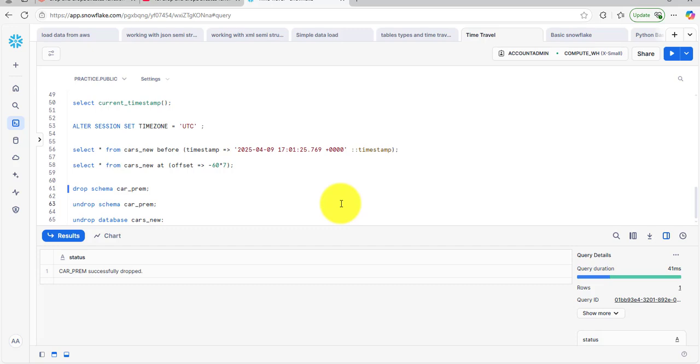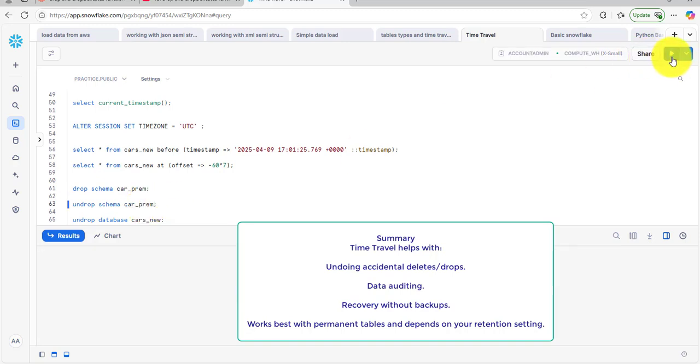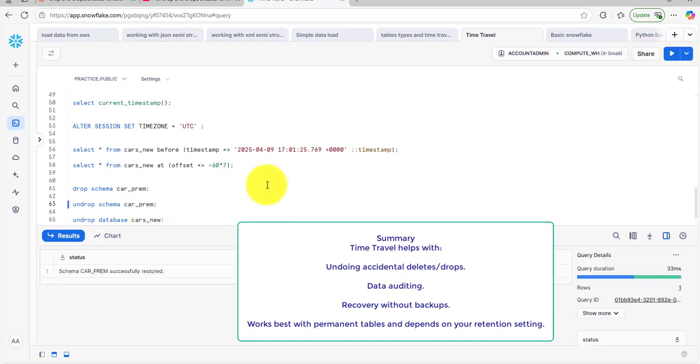It's the beauty of Snowflake time travel. We can undrop any object, schema or database, using the drop or undrop command. Schema successfully restored. We can restore dropped objects: table, schema, database.